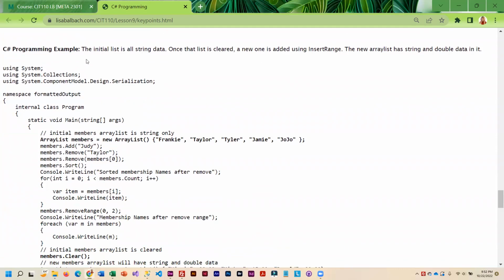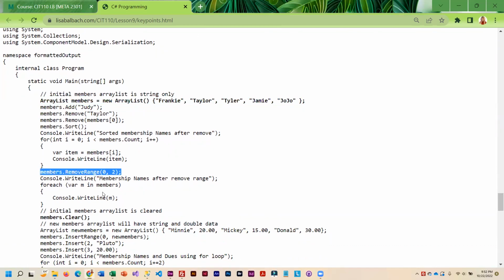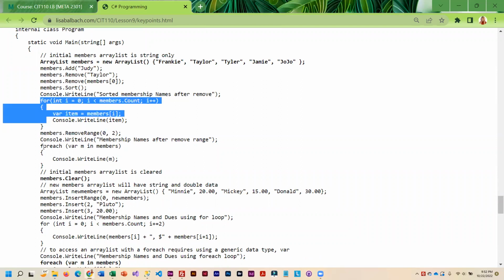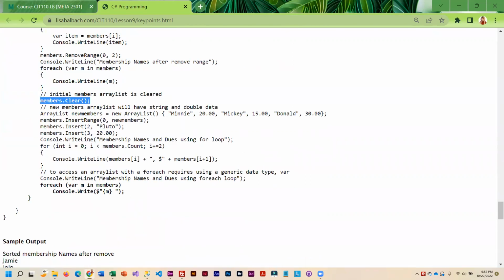So I do have an example here where I've got an array list. Then we go through adding and removing and sorting, and then we print out our sorted list. We remove some more, and then we use for each to print out our list. You'll notice in the beginning here, we've got a for, then we do a for each. Then we clear the whole thing out